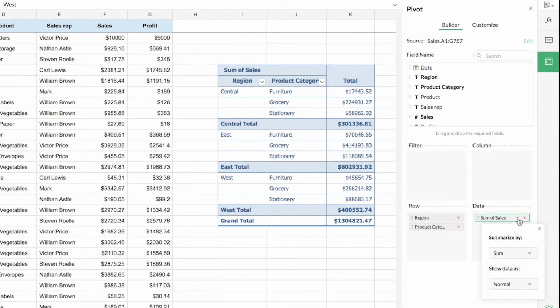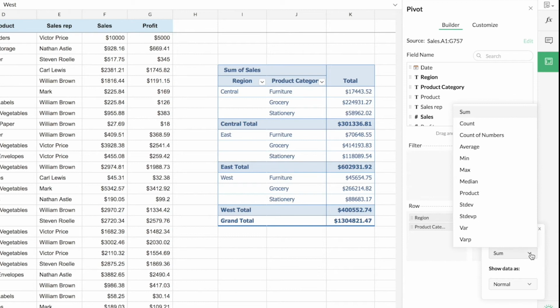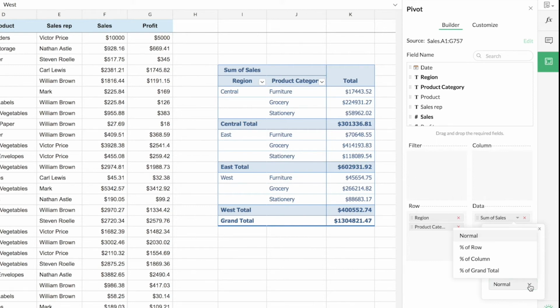Once you click on that, that will open up two options for you. Here in this drop down, you can choose the function by which you want to consolidate your tabular data. Now I'm just going to leave it as sum because I want the total sales that have happened per region based on the product category. If you want another function, you can select from this list. Also, you can see another drop down here at the bottom. Using this, you can choose the format in which you want to display the tabular data, either as numerical values or even percentage values.